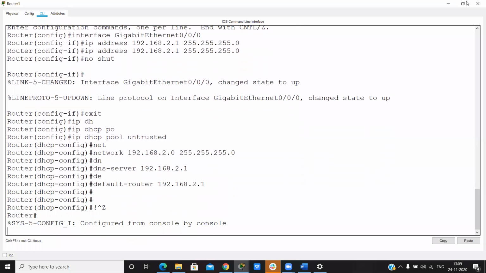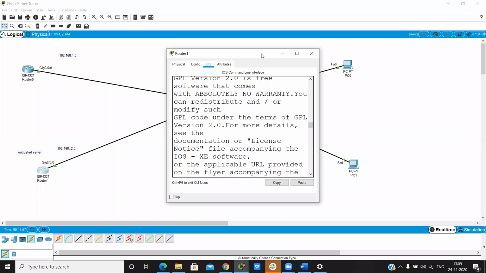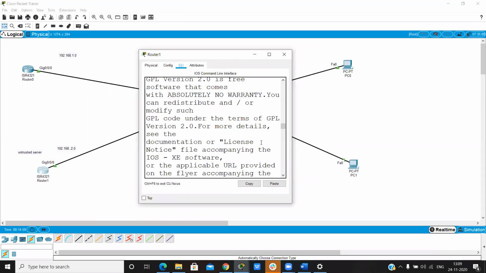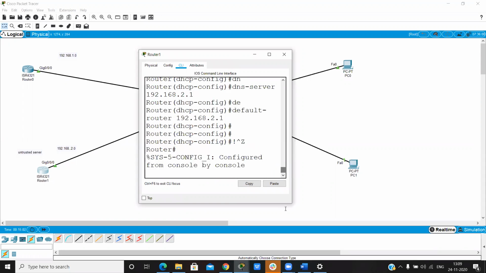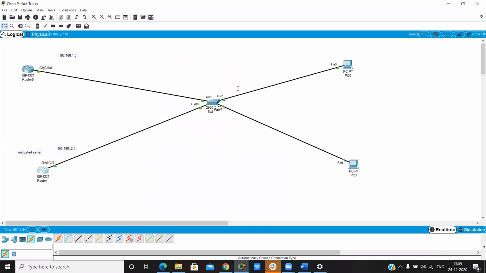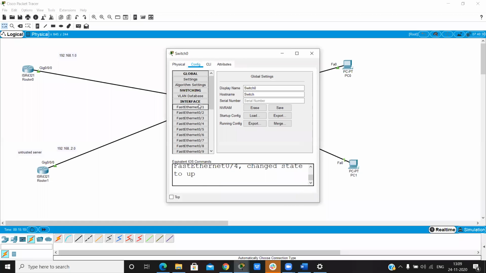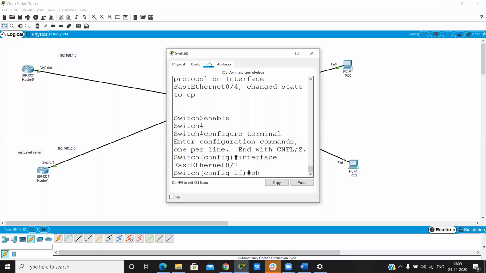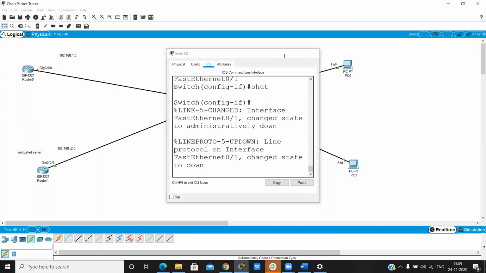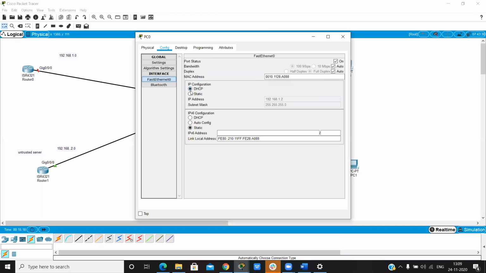When we configure these things, okay, and shut down the trusted server's FastEthernet 0/1. Now all the PCs accept the untrusted server IP, 2.2.